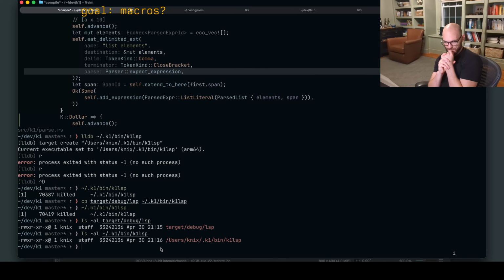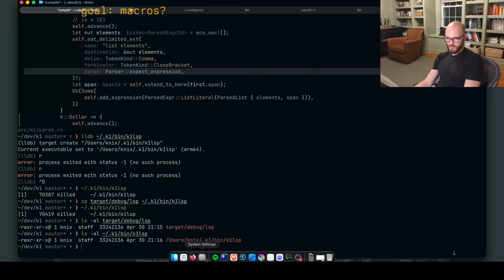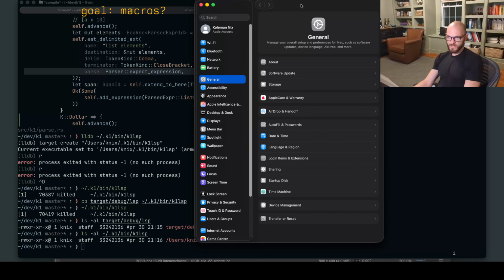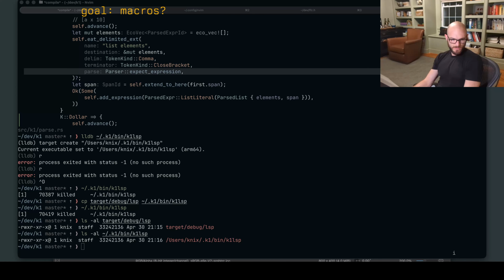It's the same file. I thought maybe it was a system settings thing, like privacy and security, so I was looking there to see if macOS was killing it.